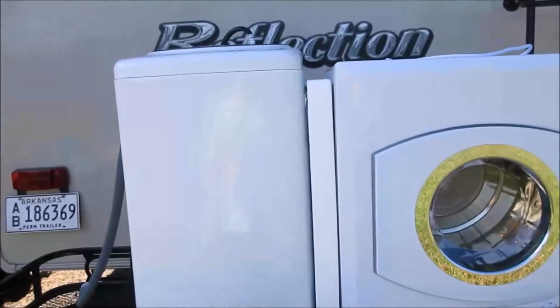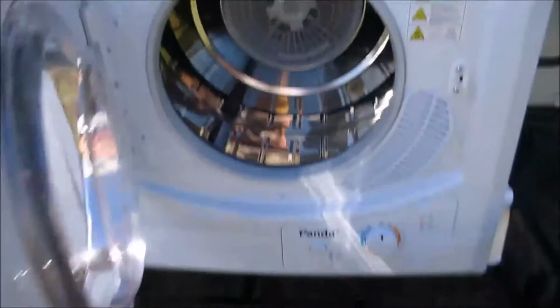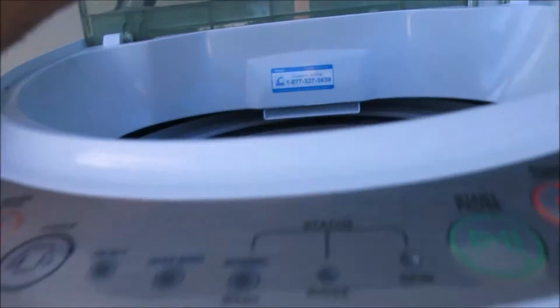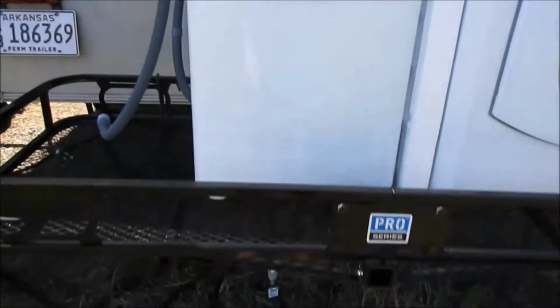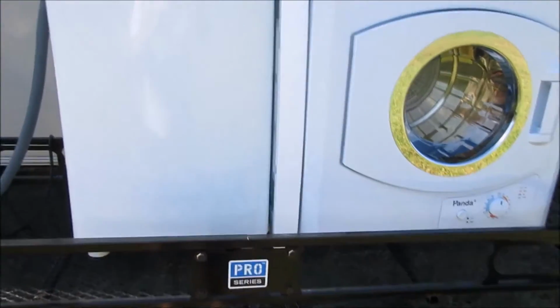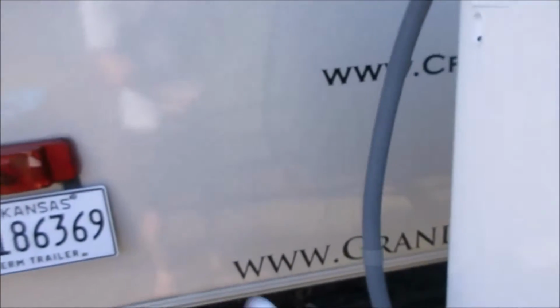Here's the washer and dryer side by side. It opens up nice. This is a little tall, so I don't think the wife will be able to reach down in here. That would be me grabbing the laundry if we leave it on here, which I'm sure we will. Wanted to show you that the dryer is vented straight down. There's no need to put any kind of that tin foil exhaust, and also this is the